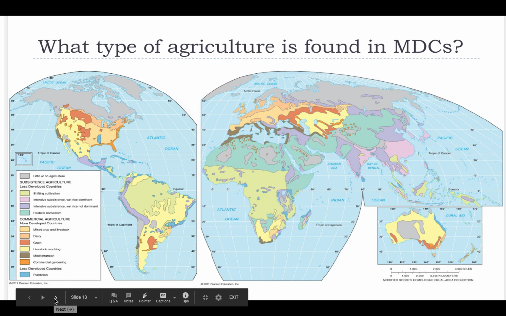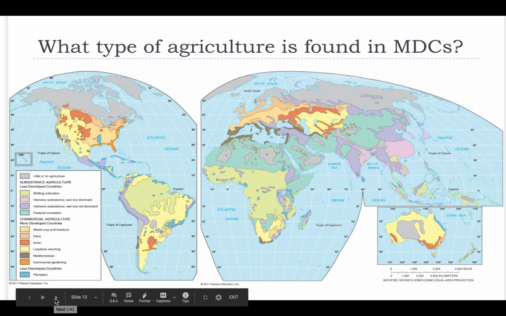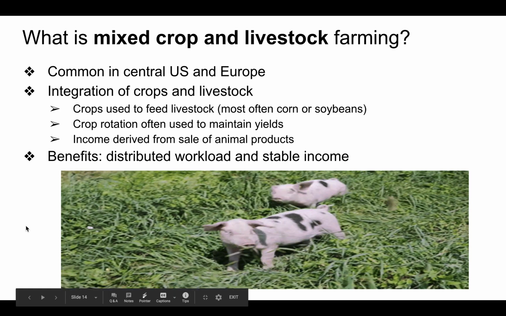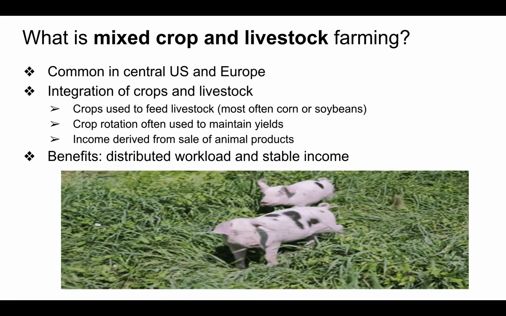And commercial gardening, we can see, is found, most commercial gardening in the U.S. is found in the southeast. All right. Central U.S. and Europe, we have a lot of crop and livestock, so we use those crops, as